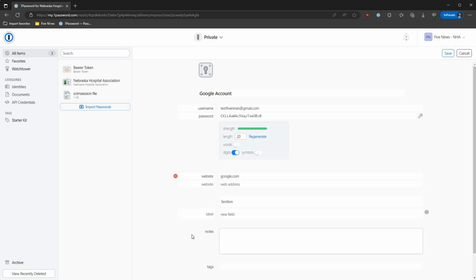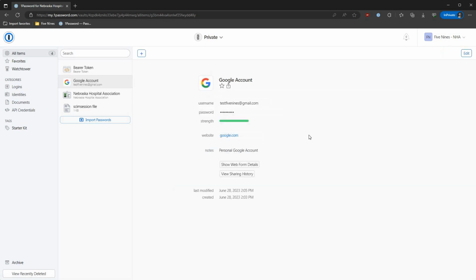In the notes section and everything else below the website, it's totally optional, but I always like to fill out the notes section and give it some specifications on what this account is. So I'm going to say it's my personal Google account. And then just like that, you click save, and then voila,